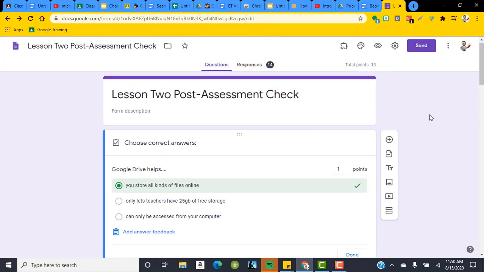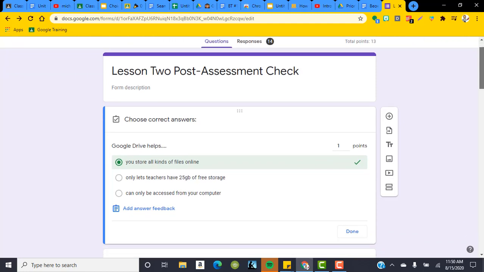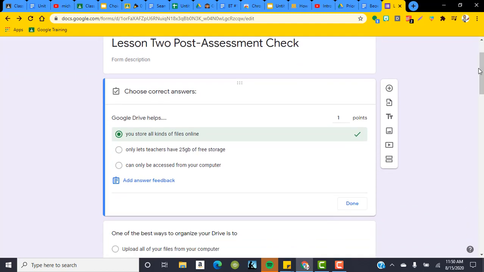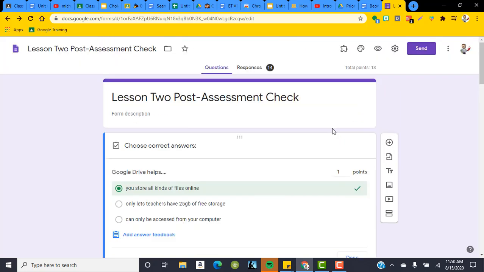You can use Google Forms for self-reflections. You could use Google Forms for course reflections. You could use Google Forms to collect anonymous feedback. You could use Google Forms for a lot of different things. I've even used it to grade student work by just having a form